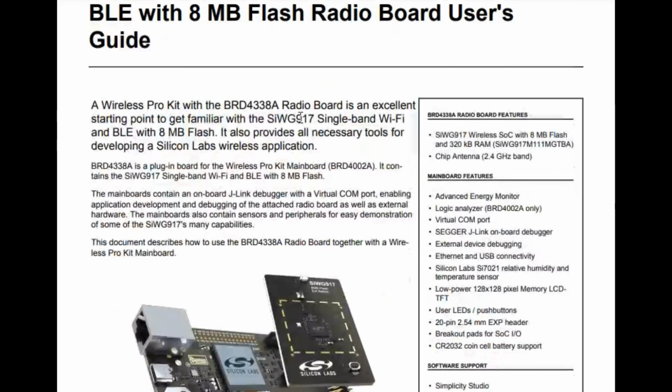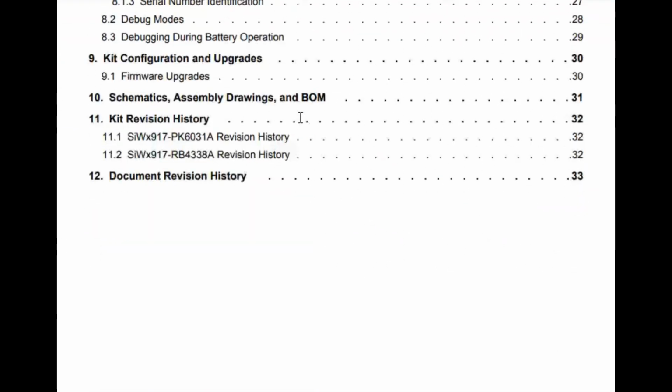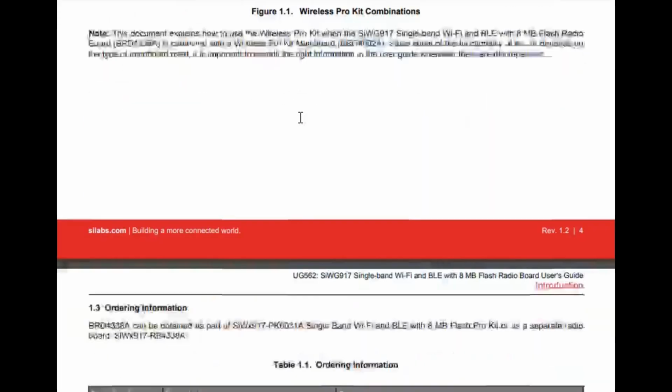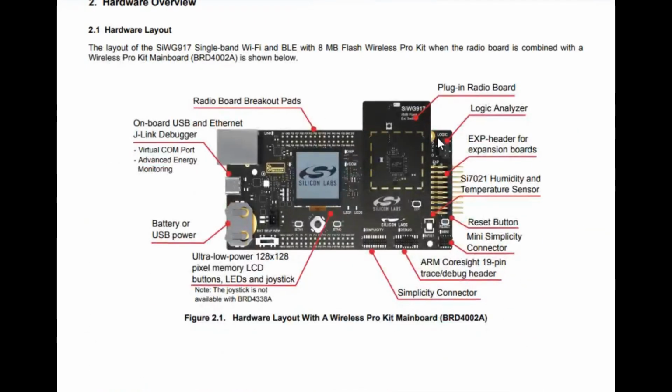In this user guide, you can see various things listed. Right now, our point of interest is this particular overview,